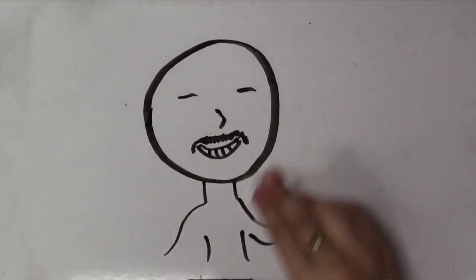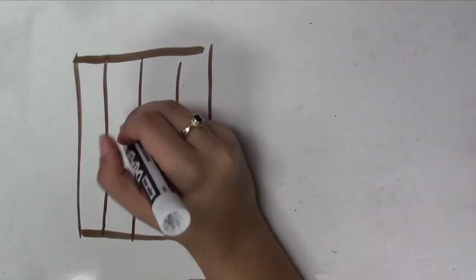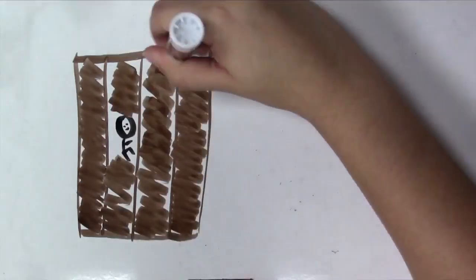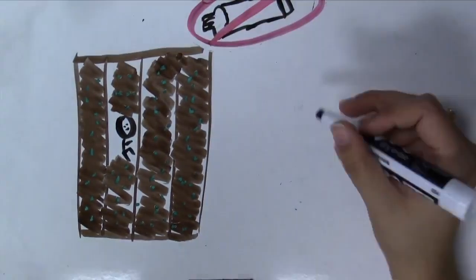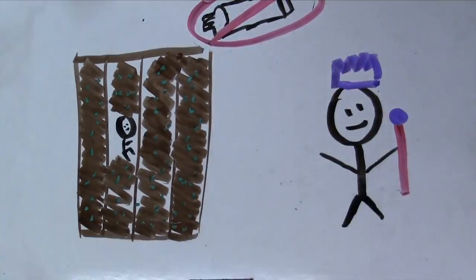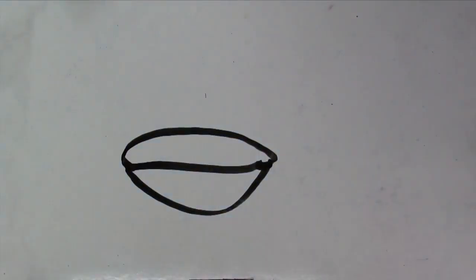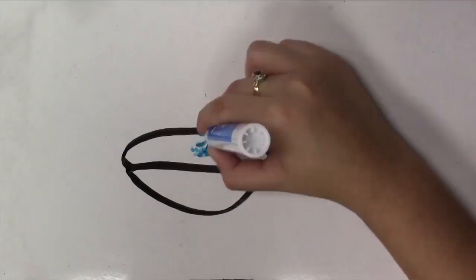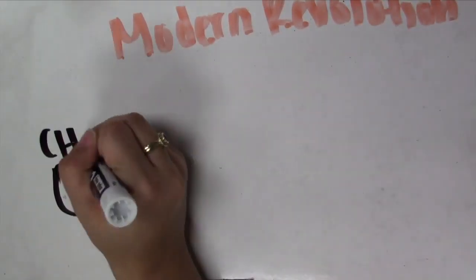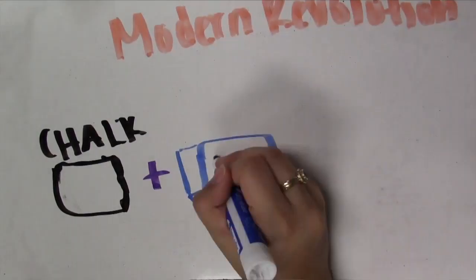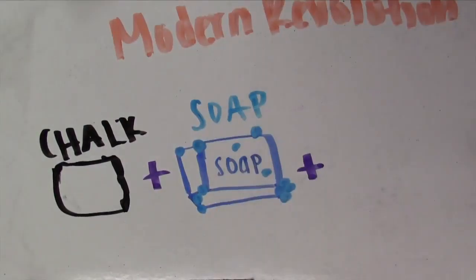Even though early civilizations started to develop their own toothpaste formulas, not many people had access to it, only the wealthy. Farmers during the age of agriculture did not use it. Still today, there are many people that don't have access to toothpaste. In the 1600s, toothpaste was used as a powder and people just added water to make it into a paste. During the modern revolution, some ingredients in Europe used in toothpaste were chalk, soap, and betel nut.